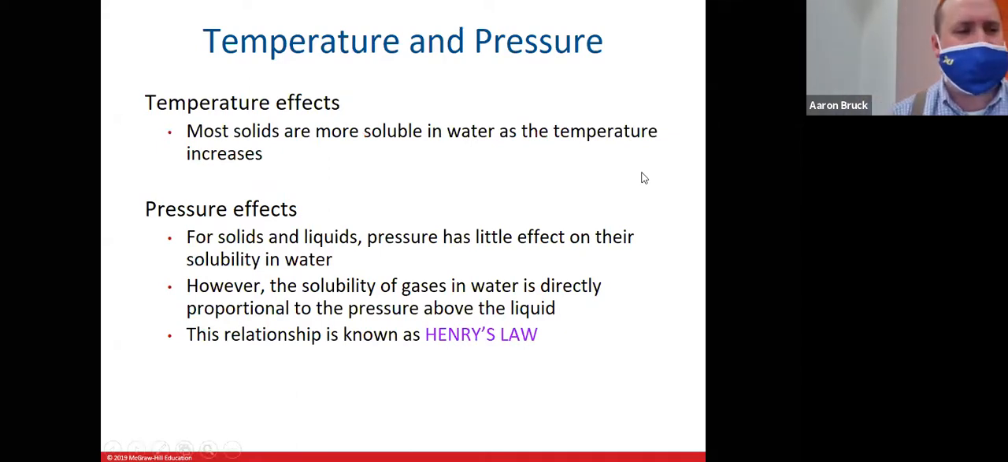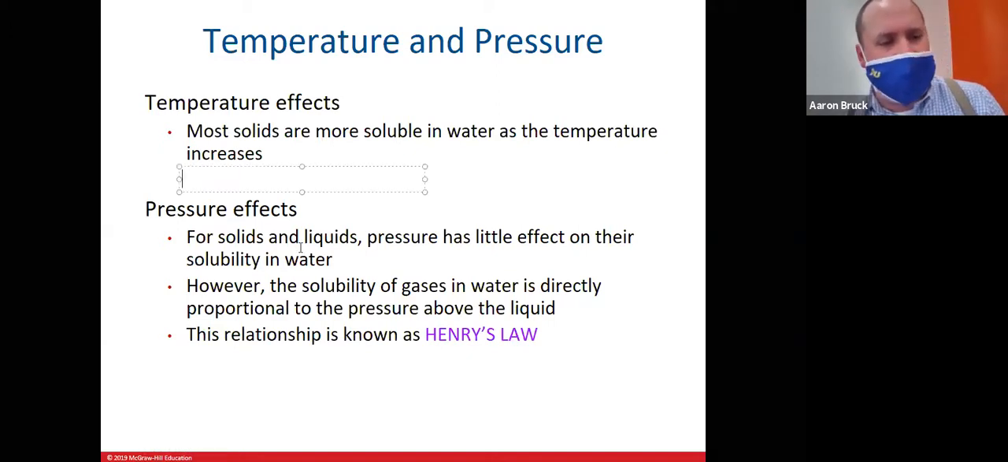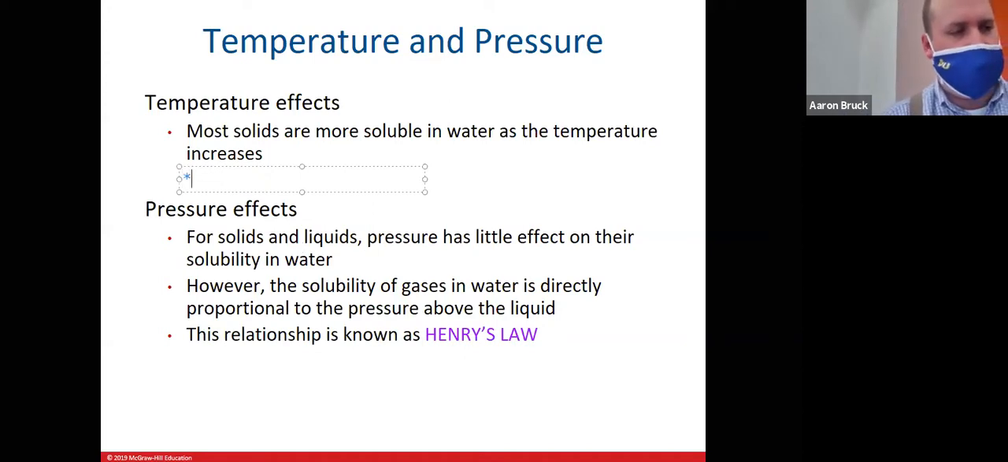As far as temperature is concerned, we know that for the most part, most solids are going to be more soluble in water as temperature increases. We know that from our own experience. We can pack a heck of a lot more sugar into hot water than we can into cold water. One interesting little side note that's going to go along with